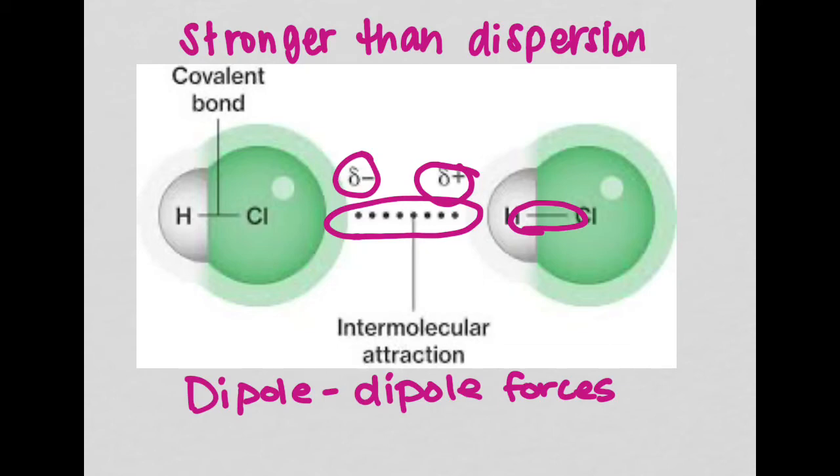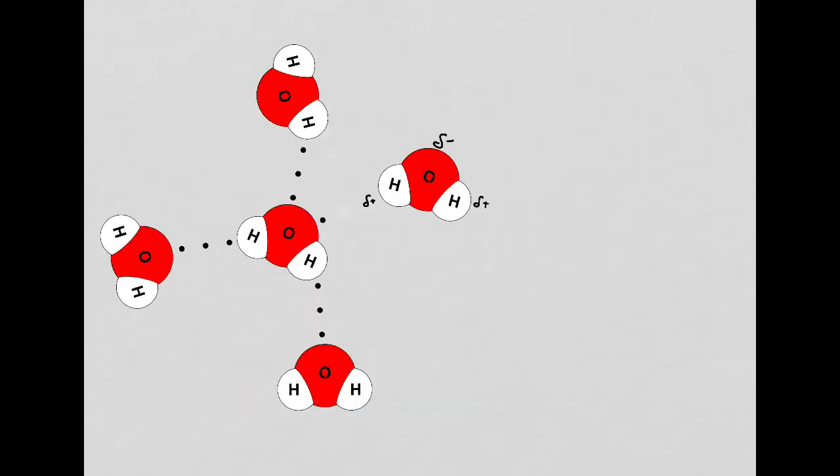Let's talk about what happens when we have hydrogen bonding. We're going to go back to the example of water that we did in IMF 1, and I want you to think about where all of the delta positives and delta negatives go. I'm going to write that for all of my oxygen and hydrogen bonds in these waters. Okay, I added those little deltas, and you can see the little Pac-Man dots on all of my